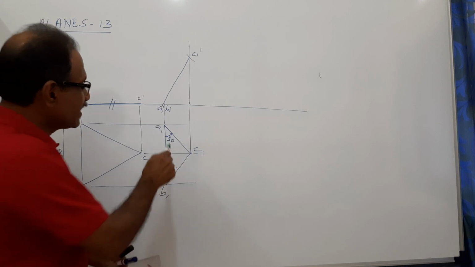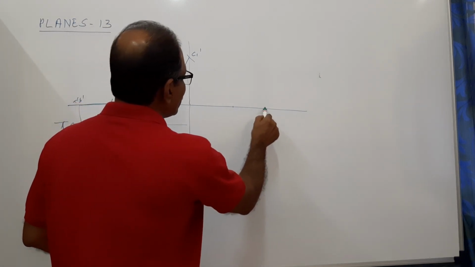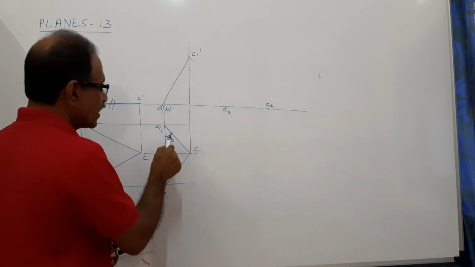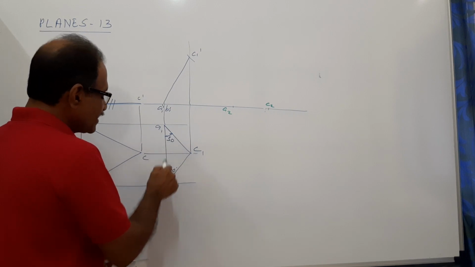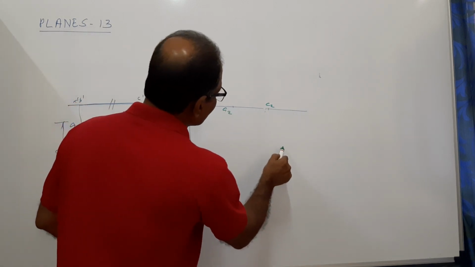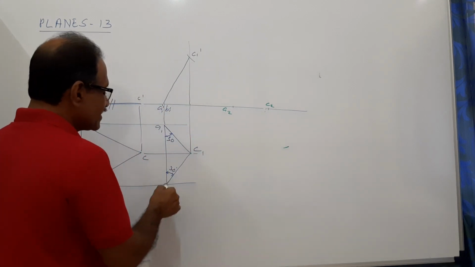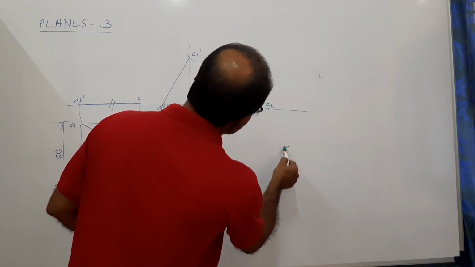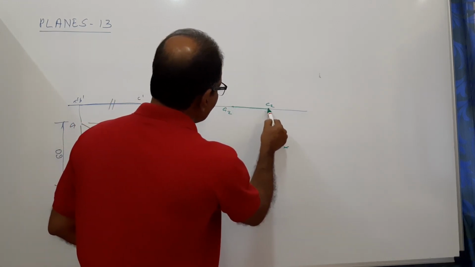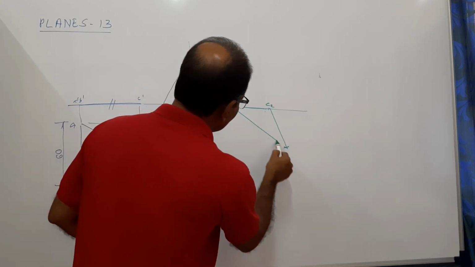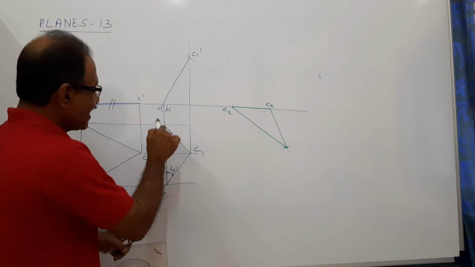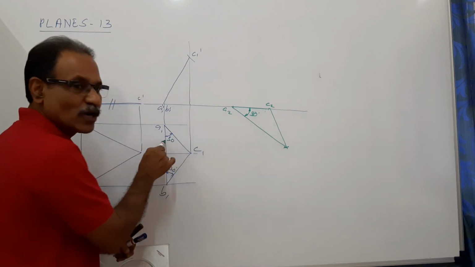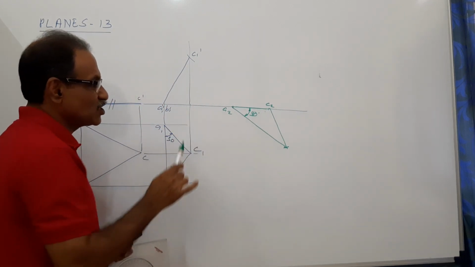What you do is very simple. Take this A1, C1 and mark on XY line. What do you get? You get A2, C2. Agreed? Take this distance A1, B1 in your compass and with A2 as center, draw an arc. Take the distance C1B1 in your compass and with C2 as center, draw another arc. What do you get? You get a new plan which is same as this plan. A1, B1, C1, A2, B2, C2. This angle is 30 degrees because you have brought it 30 here. So this angle is satisfied.